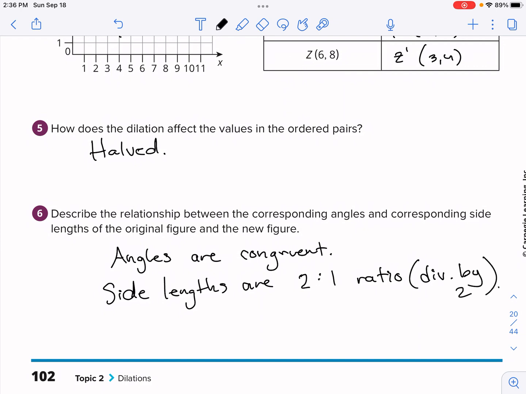All right. So we're going to end it there. After this, you're going to keep your devices open for Map Accelerator. You're working on, I believe it's dilating shapes. It's a new one for today and due tomorrow. If you finish that a little bit early, you'll be working on Map